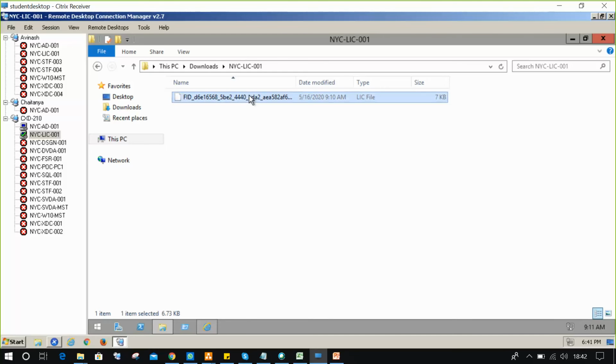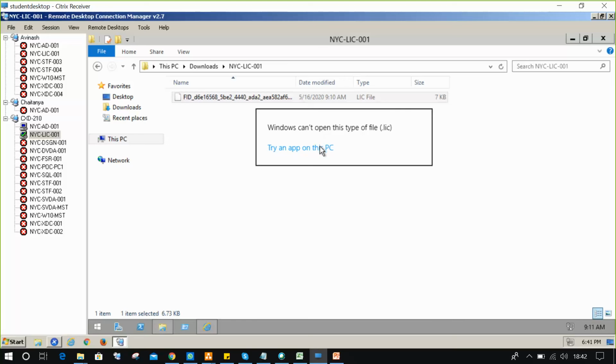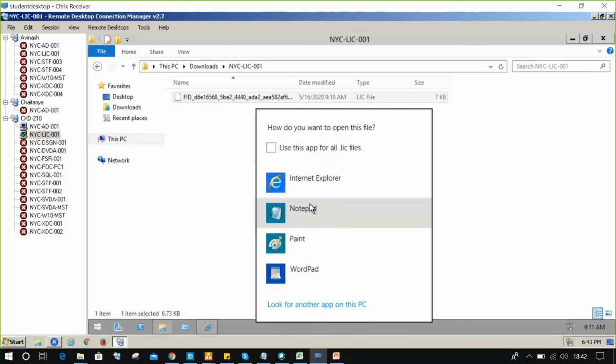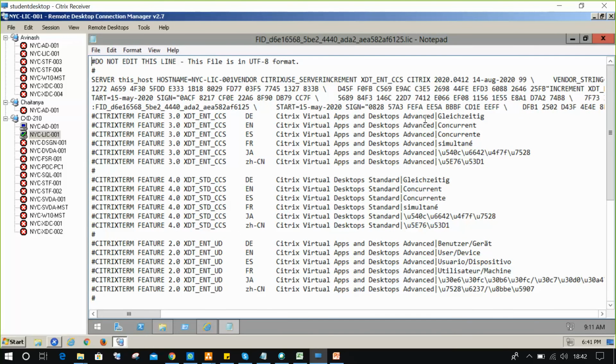It's very simple. Right click and open your license file with notepad. See here in the notepad, there is a host name entry, before the vendor, and whatever name is present after the equal to, this is your host name.